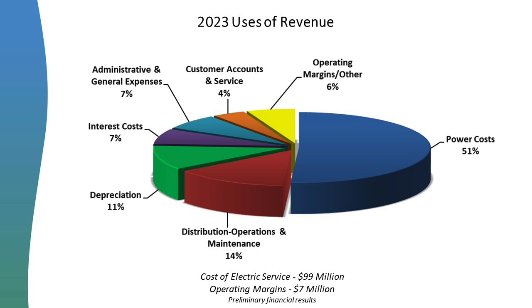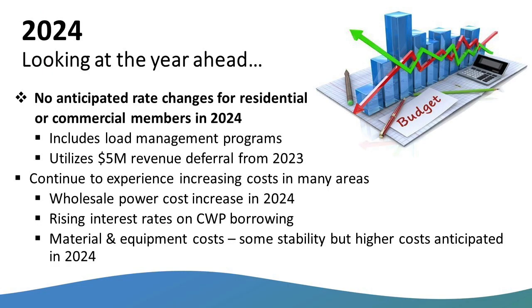I just want to mention that that $7 million ultimately gets allocated back to our membership in the form of capital credits. So in May, June, you'll get an allocation letter showing you what your portion of the capital credits will be for 2023. And then looking at this year ahead, probably the best news I can share is that